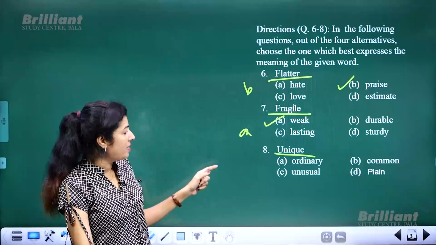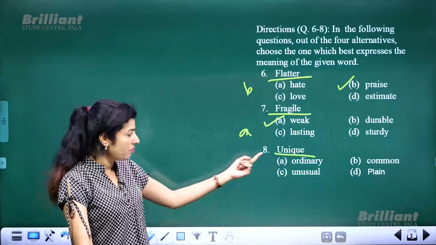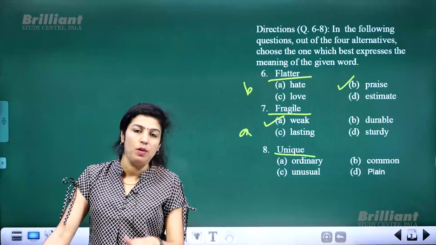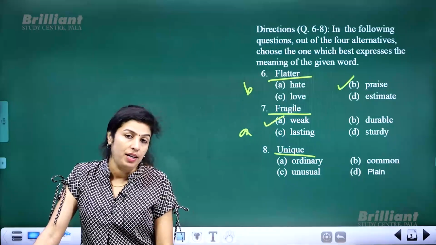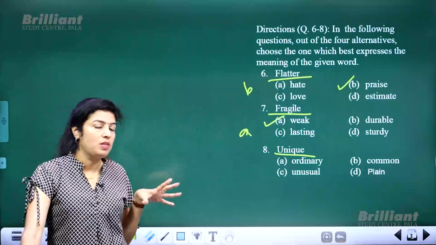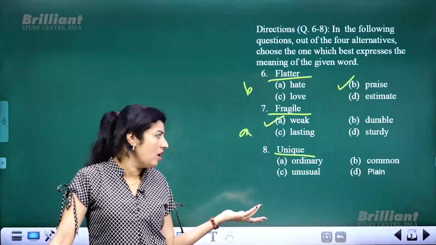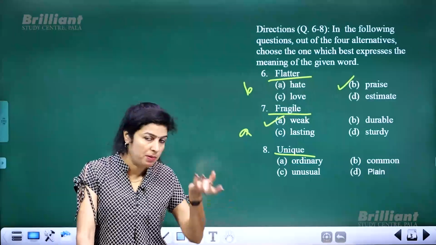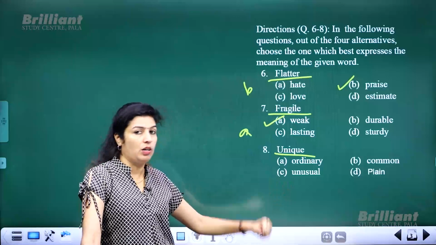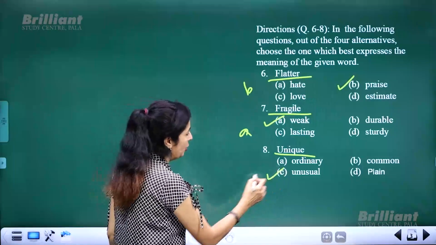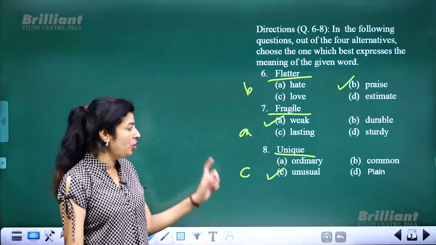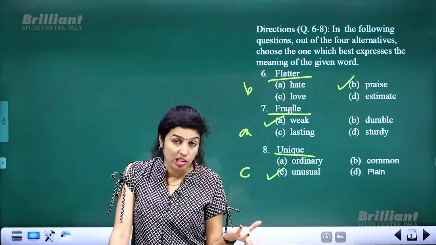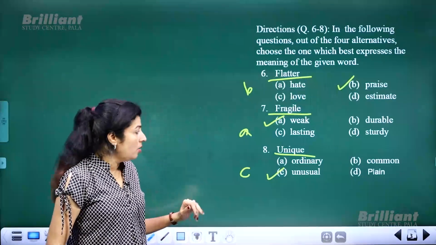Now next also we need to find the synonym, the word unique. This time you got all those simple words which you are familiar with, which we use in our everyday life, right? So something unique means what? Something extraordinary, something special, very special, not just special but very special, something unusual also. That is the option given to you, which could be taken as a synonym for unique. Something unique means something which is rare, special, unusual, not ordinary.